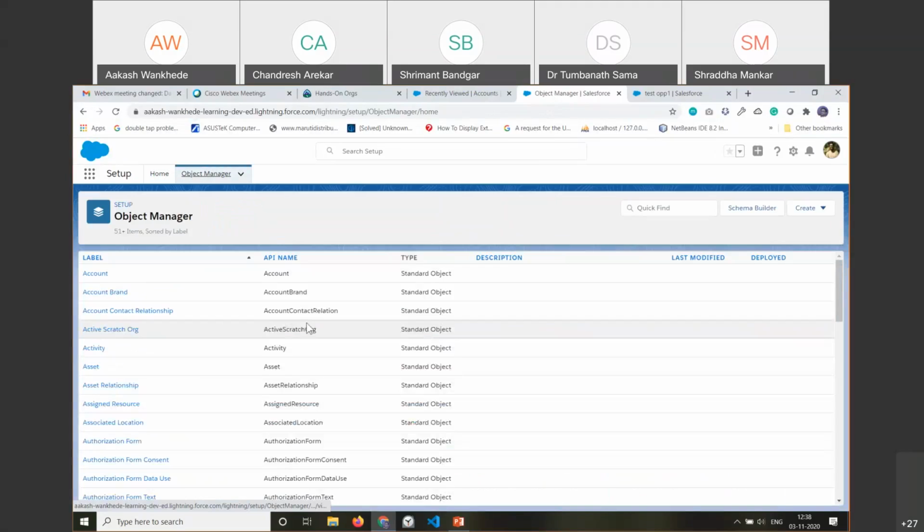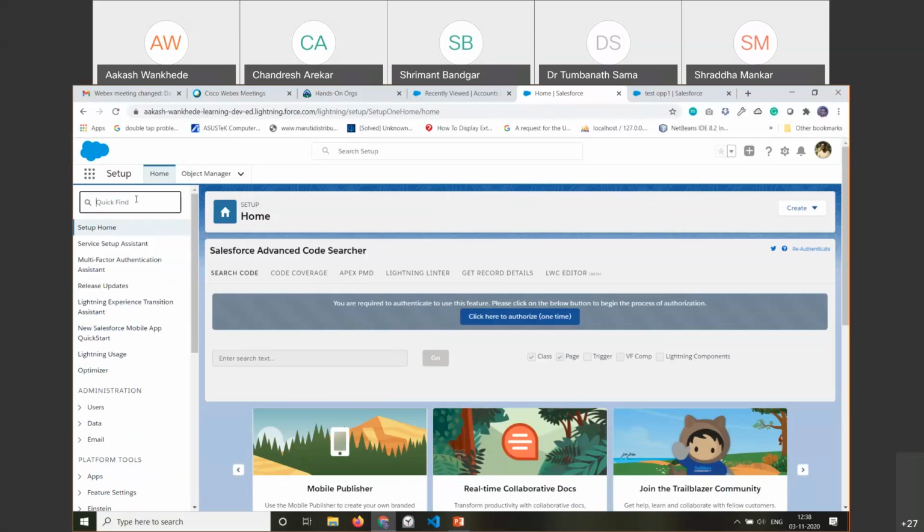If I want to take an input, there should be a tab to be created. For Account and this, the tabs are already created by Salesforce itself. For this custom object, we have not created it. Let's create it. So if I search for a tab over here in Setup,